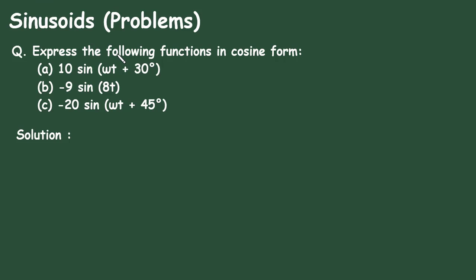In this video, we will see an example on sinusoids. Question: express the following functions in cosine form. So here, these functions are given in sine, minus sine, minus sine. We have to convert this into plus cosine form. So solution: